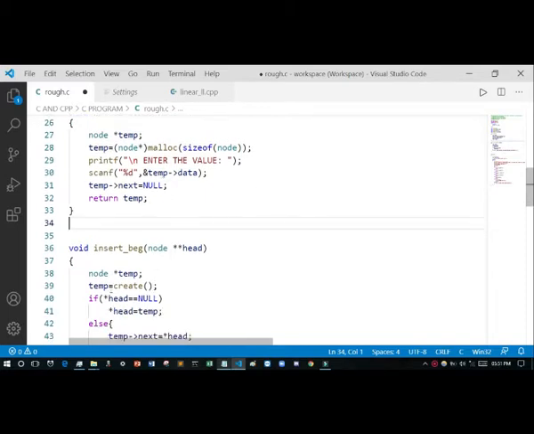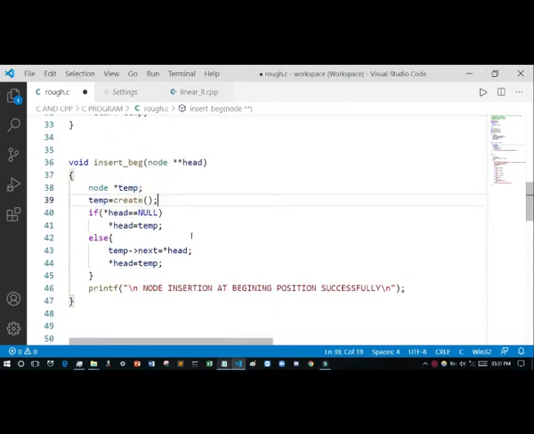So this temp will store the new node, because you have created it. So remember here, if star head equals null, meaning whenever you haven't inserted anything, this new node temp will be stored in star head.